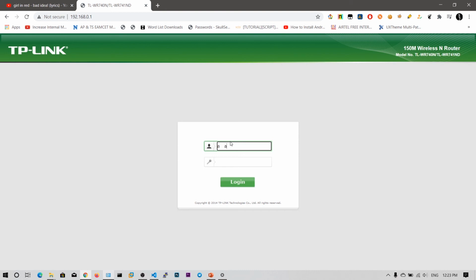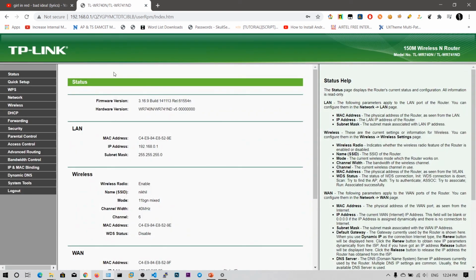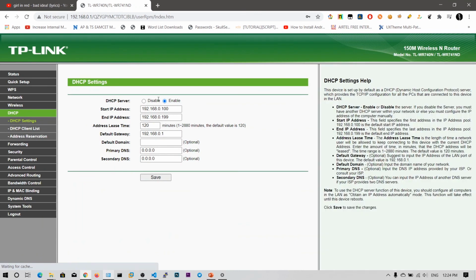Let me type the username, admin, and the password is something I should not tell you. On the left there are options. If you click on DHCP, you can see the DHCP server is enabled, and the start address is 100 and the ending address is 199.